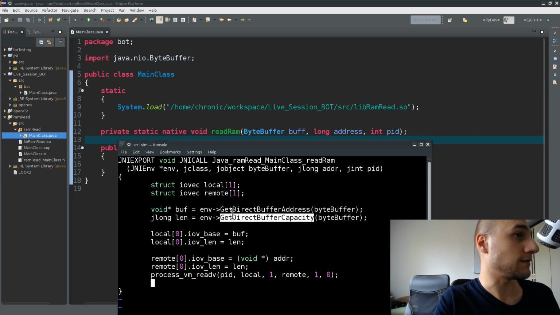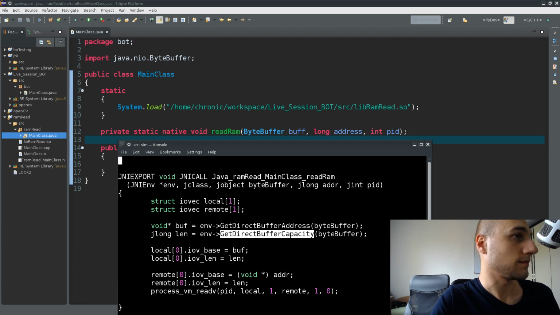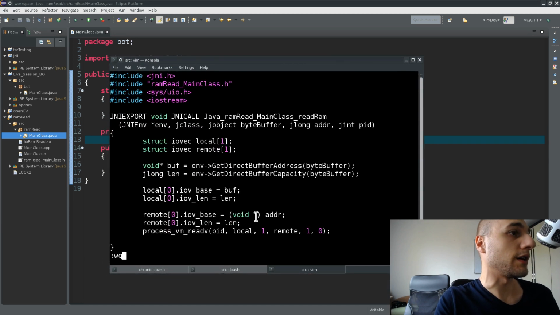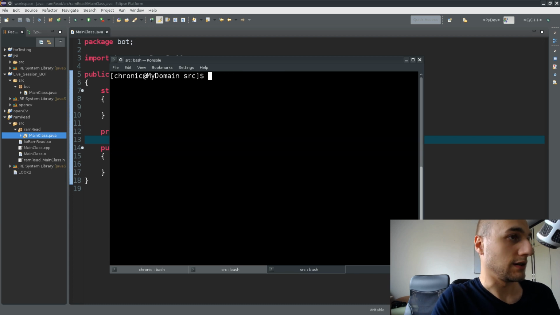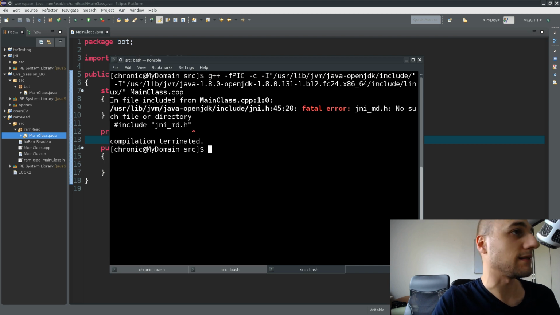And I'm just going to go ahead and need to do an import, and that's going to be it. Some of them I probably don't need, but I'm kind of too lazy to actually go around and check. So just type in WQ, as in write quit. I'm going to clear the screen to get out of the mess, and then call this command again. I'm going to press enter, and it says